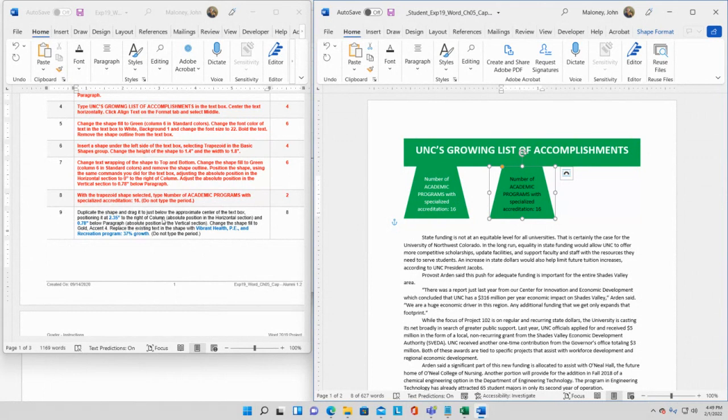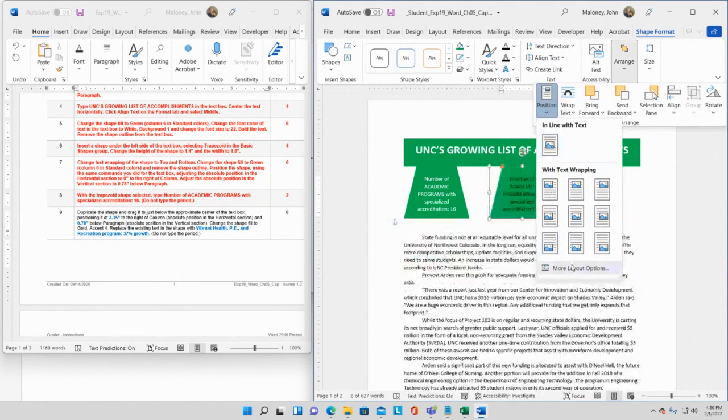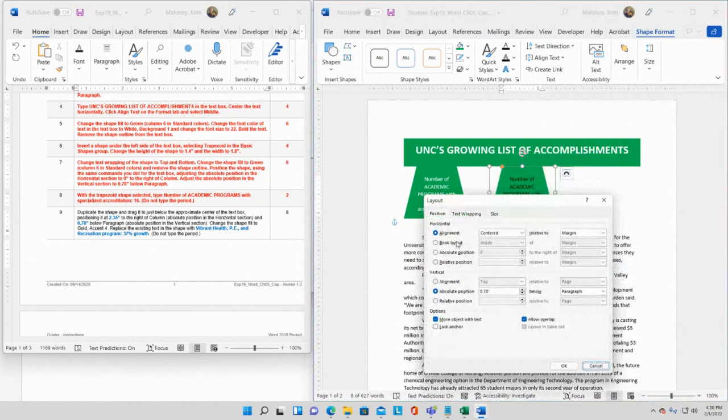positioning it at 2.35 inches to the right of column. So this is the absolute again. I got you. So absolute, right? Remember, shape format, arrange, position, more layout options, and we want absolute. That one was on alignment. That was weird. Anyway, absolute right of column. Wait, oh, to the right of margin. This one changed up, I guess, because of what I did to copy it or something. So let me make sure. Horizontal, it says